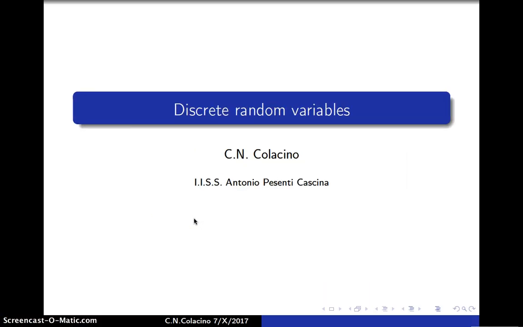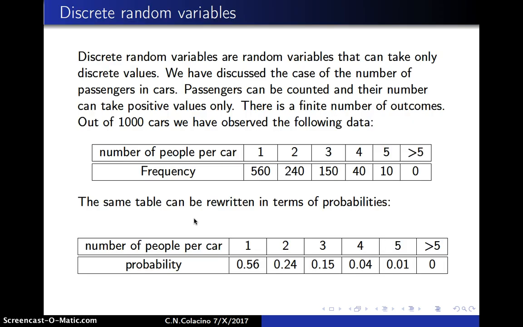Let's now talk about discrete random variables. Discrete random variables are random variables that can take only discrete values. We have discussed the case of the number of passengers in cars. Passengers can be counted 1, 2, 3, 4, and so on, and the number can take only positive values, and there is a finite number of outcomes. We stopped at 5, we could have stopped at 8, but I've never seen a car with an infinite number